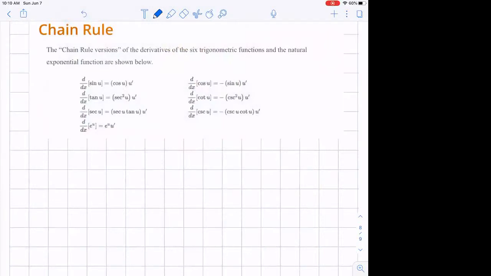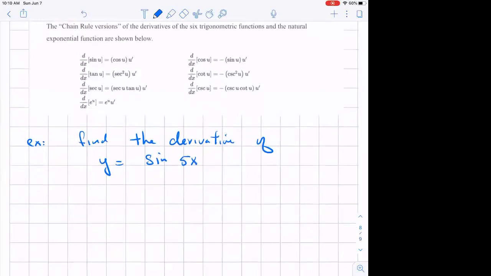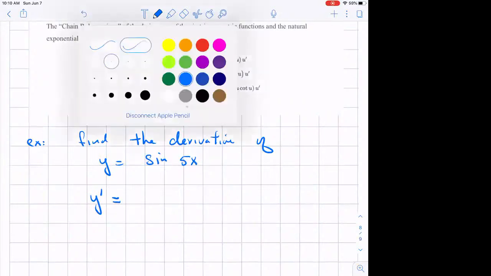Okay. So example, what happens if I tell you, find the derivative of y equals, let's say, sine of 5x. So what is y prime? Well, we'll keep this the same way, right? You should recall